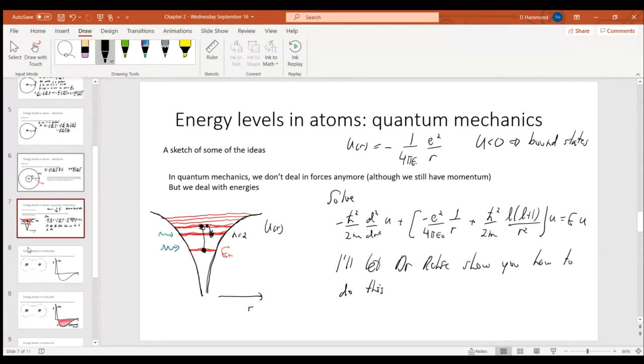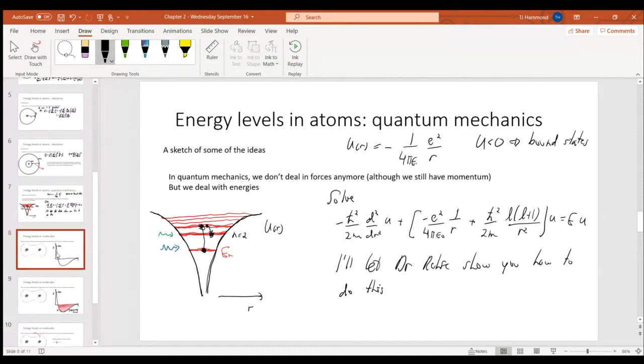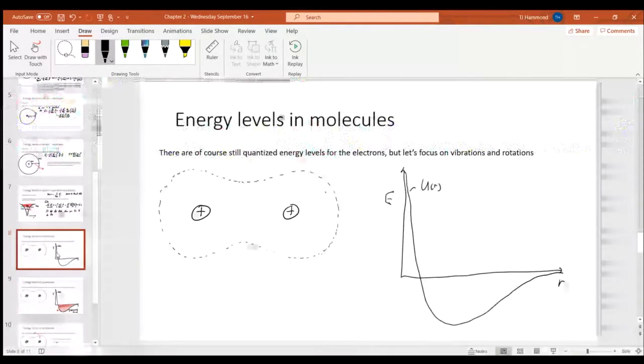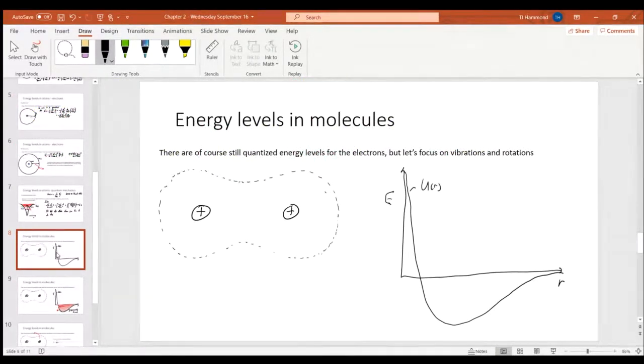And so, good. All right. So that you should be familiar with. Something you might be less familiar with are the energy levels in molecules. So now, for example, you have a hydrogen molecule, or nitrogen or oxygen, some diatomic molecule, and